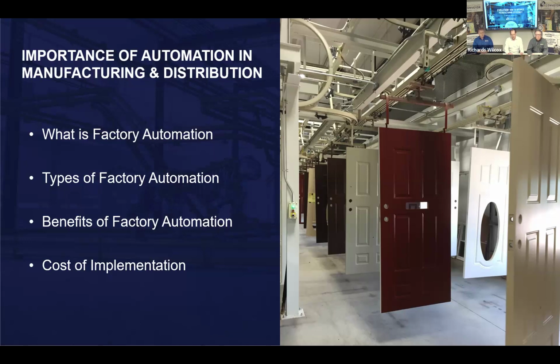So what are the costs of implementation, right? The flip side of all those benefits I just talked about is the cost of implementing automation. So the initial outlay of capital is usually high, both in equipment and in integration of that equipment. It also tends to be very specialized process equipment, which drives the cost of that. So one of the keys in design, and one of the things that we focus on, is future-proofing your design